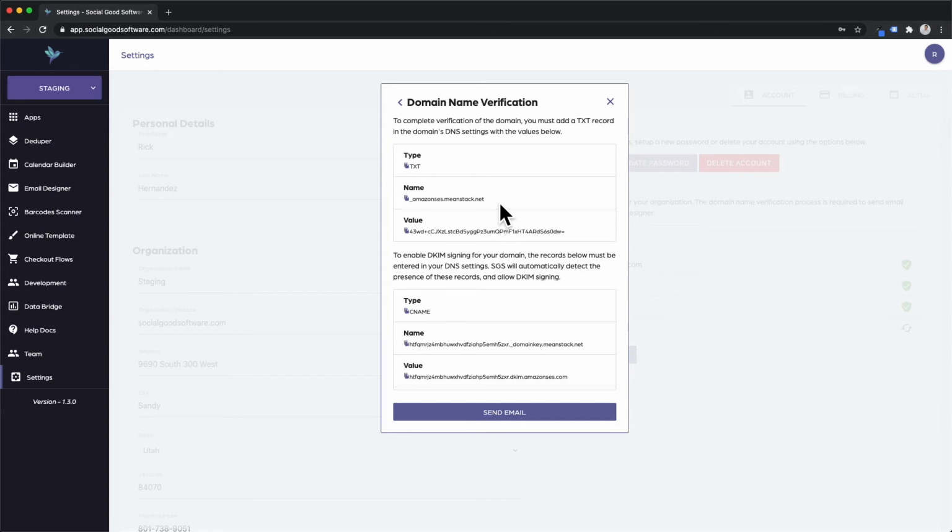Again, if you have a specific domain name provider, we more than likely have a video for it. So if you don't see a video, just reach out. We're happy to provide that information for you. But it's pretty much the same process for any domain. You just need a little bit of know-how of how to add this information to the domain name